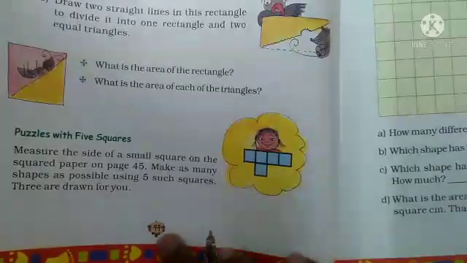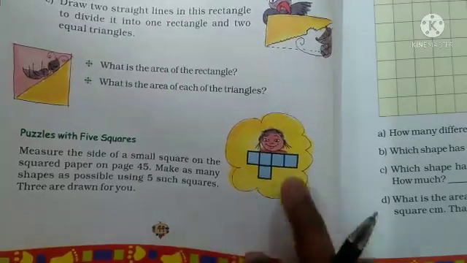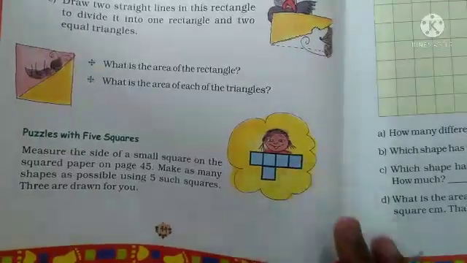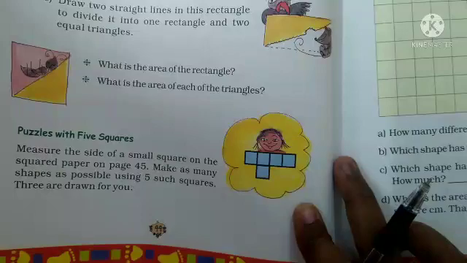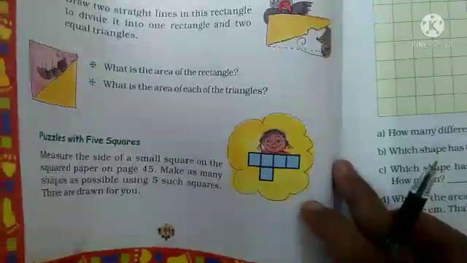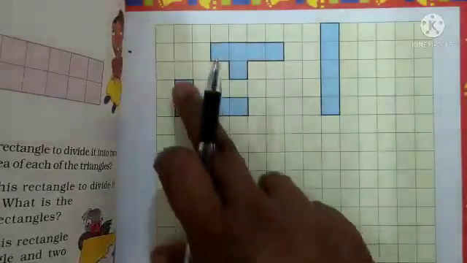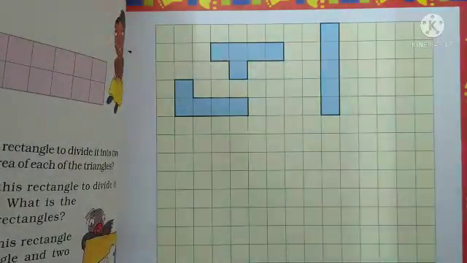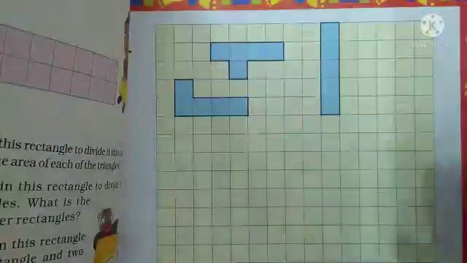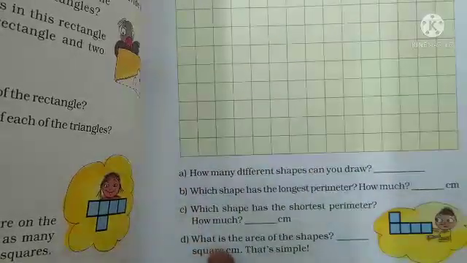Textbook page number 44, there is an interesting activity using 5 unit squares to make different shapes. So here 3 possible shapes are given in page number 45 using 5 unit squares. So different shapes are drawn here. Some more shapes you need to draw. Some examples you have to see in page number 46. Using these figures you have to draw many shapes, and then finally you have to fill in these answers.